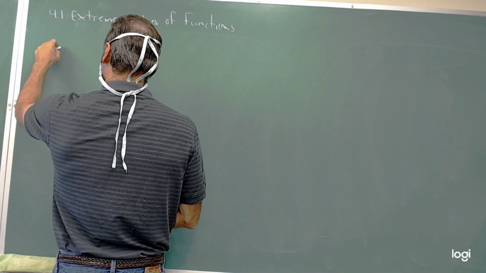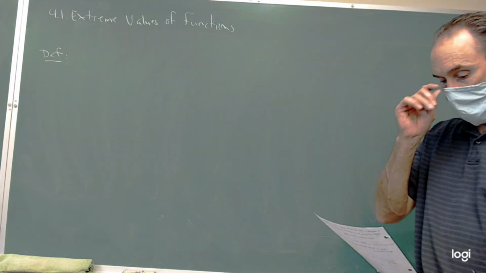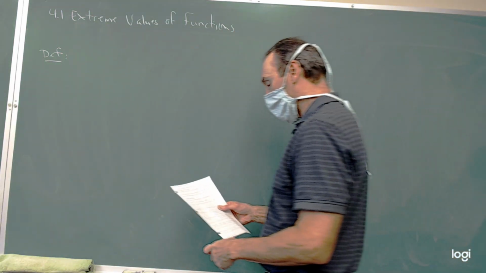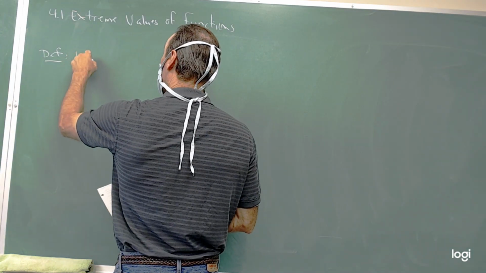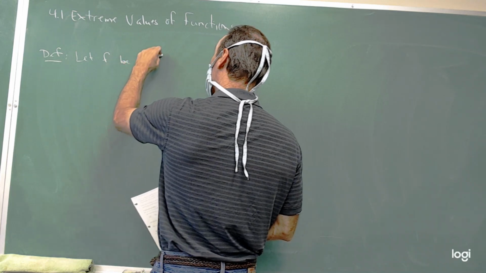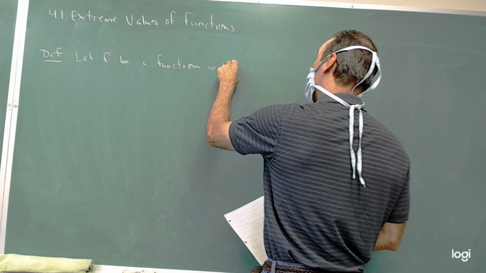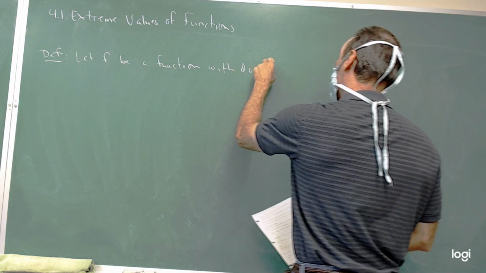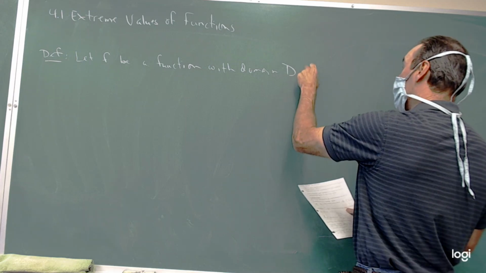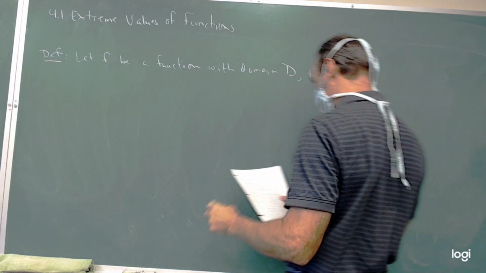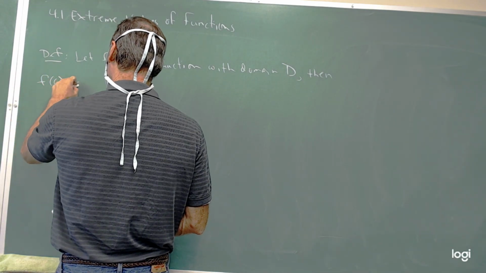So we'll talk about what we mean by an absolute max, absolute min, or a global max, global min, same thing. So let f be a function with domain capital D. Then we say that f of c is the